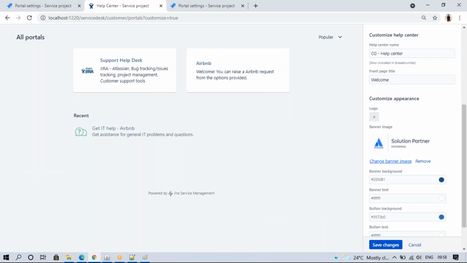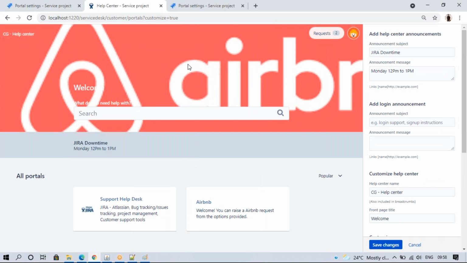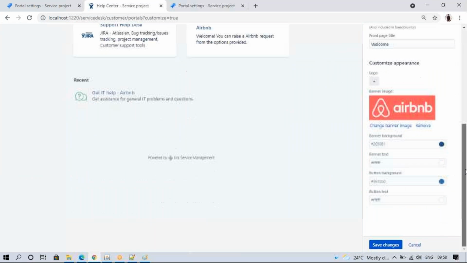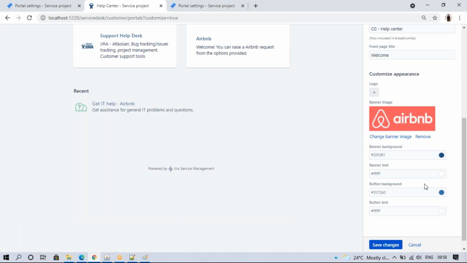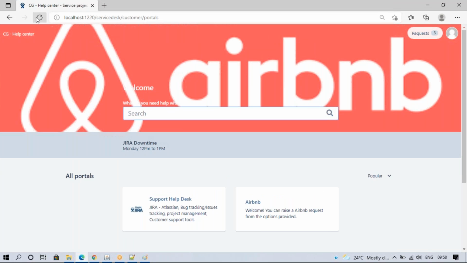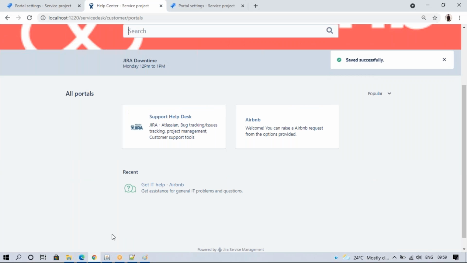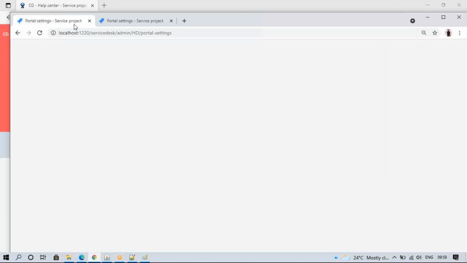And next we can change the banner image. You can put a different one here. If you put this, see, it changed like this. Okay, and banner colors and banner text background, all these colors we can change here. So this text we have is different, it's a blue color. So instead of blue color, button background or button text color, all this we can change here. This completes the customer portal settings and project level settings. So two we have here. I think it does not look good, but I'm just showing how it works.